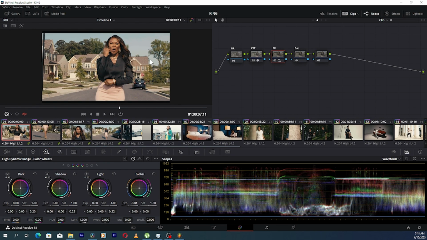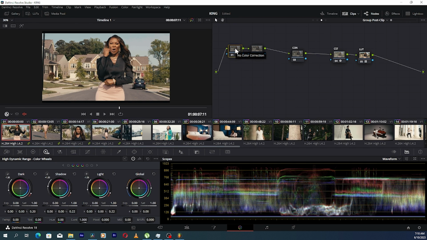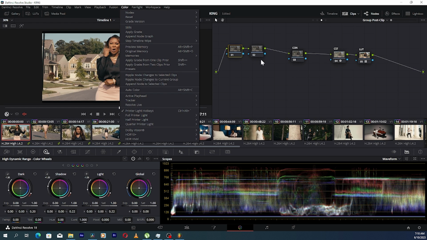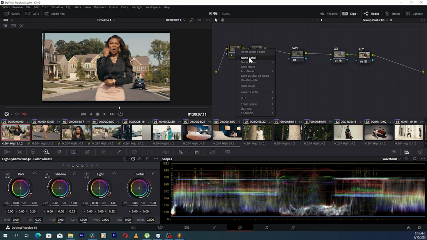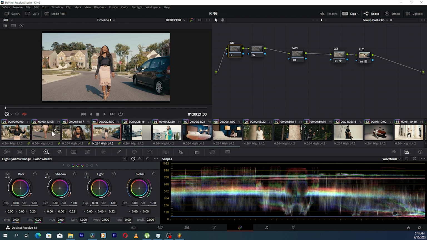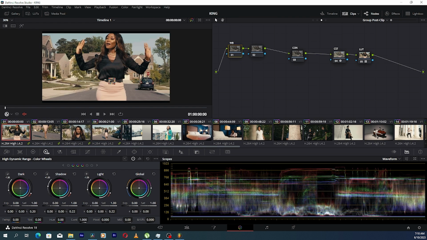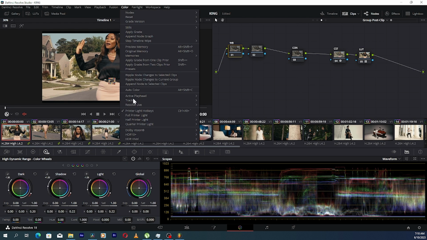I would say this image is a little bit warmer. I would like to do some white balance, so I'll come over to my balance. But this time around, I'm going to do it on a global level. So I'm going to come to group post. So over here, I'll come to this first node. Here, I'll say this will be my balance. So white balance. Any adjustment I do here should affect all the images under this group. So I'm coming over to my white balance and I say